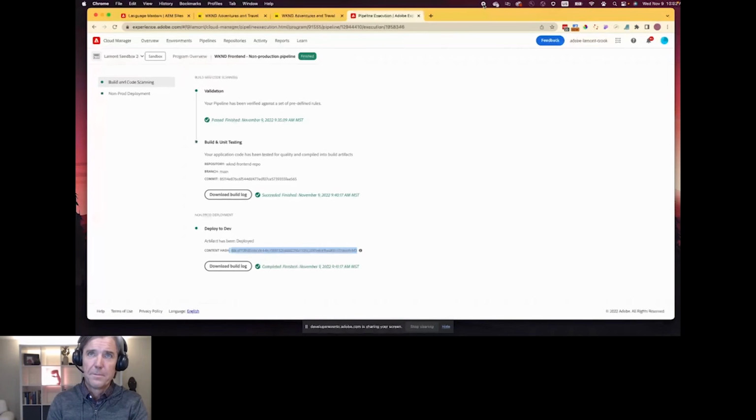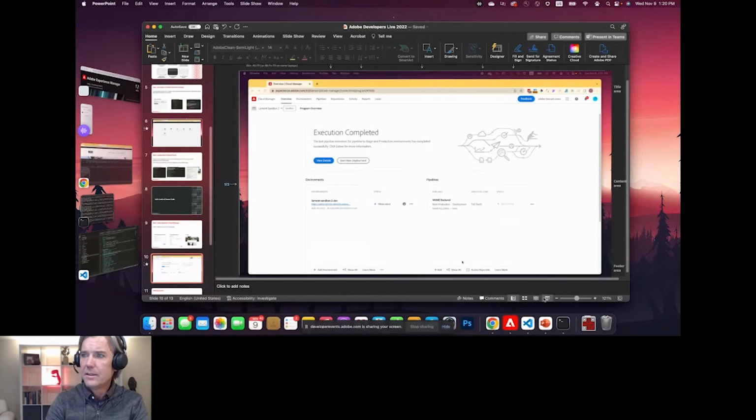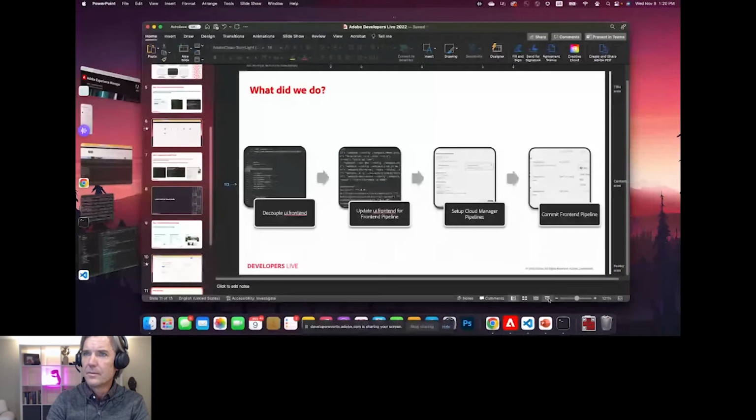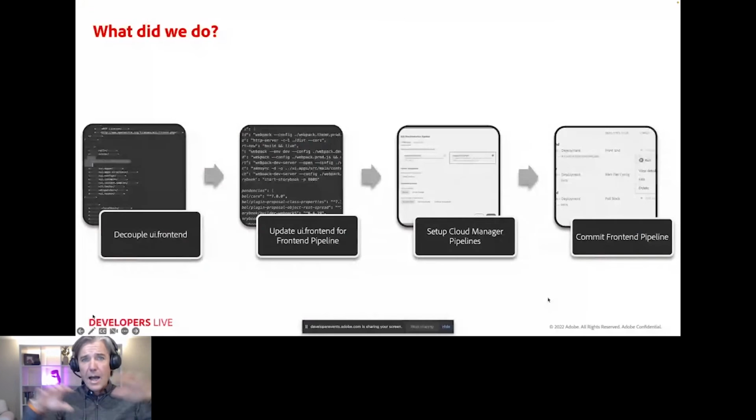Okay. And then let's just finish this section up here. Okay, so at a high level, like I said, there's a lot of details here, admittedly, but at a high level, it's pretty straightforward. We're decoupling the UI front end directory folder from the full archetype.